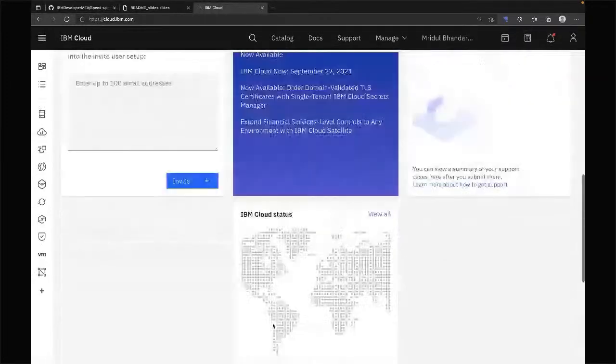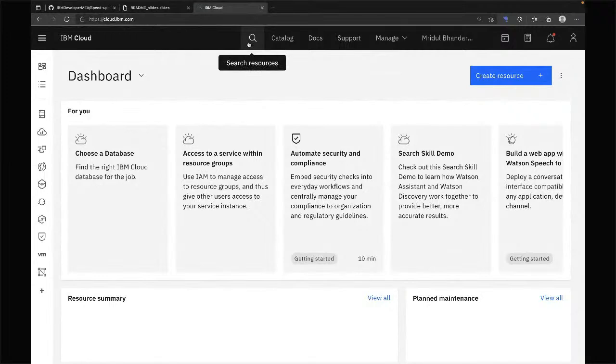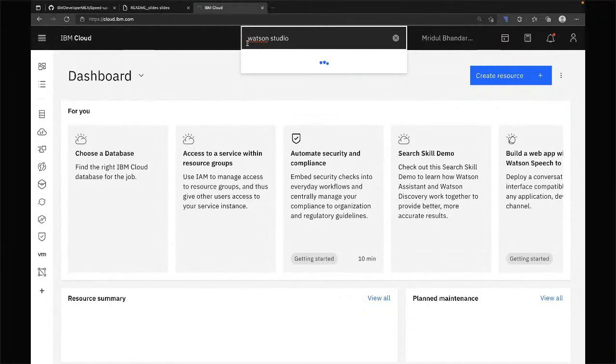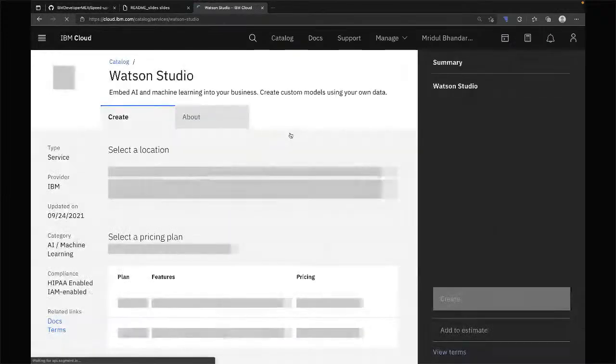And the usage. So once you have created your IBM Cloud account, I want you all to go to the search bar over here and type Watson Studio. I'll explain what Watson Studio is, but firstly, let's create the service, because it takes some time. I'll explain what it does. Under catalog results, you'll see Watson Studio. So you can click on Watson Studio,